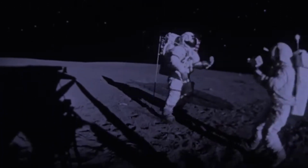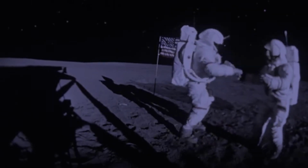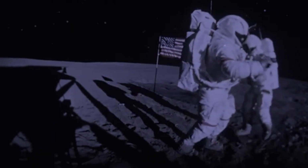So the reality is that when you're out at night in Earthshine, you'll be able to see just about everything you need to without artificial illumination. John Young once told me that not only was it bright enough to see the lunar surface from orbit with Earthshine, you could actually tell color differences and see individual craters with Earthshine. So Earthshine is going to be an asset that's really important for future lunar operations, unless, of course, you're on